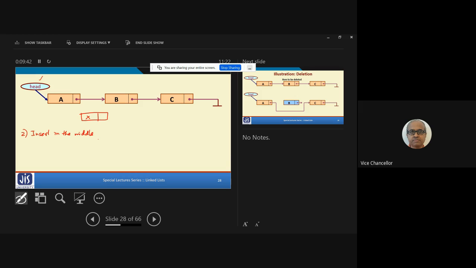One is this A, I have to modify this. This was pointing to B. Now this will point to X. This is first. And the next pointer of this new node X will be pointing to B. So if you can do this, then now A will be the first element, X will be the second element, B will be the third element, and so on.